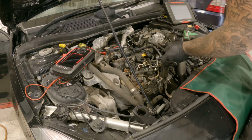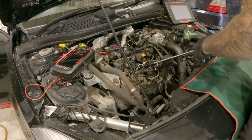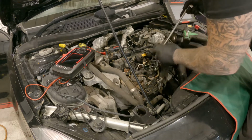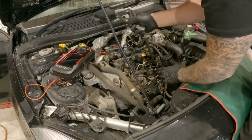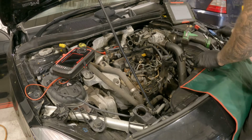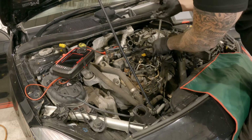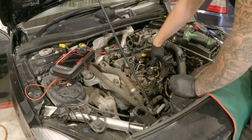You need a 17mm spanner just to undo your fuel lines. I'm just using a 17mm fuel line socket there. Just a little bit easier to get on the bottom one. So I'll crack that off. And I've just loosened that, and then that will remove out the way,